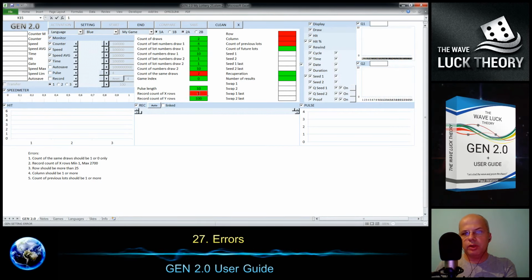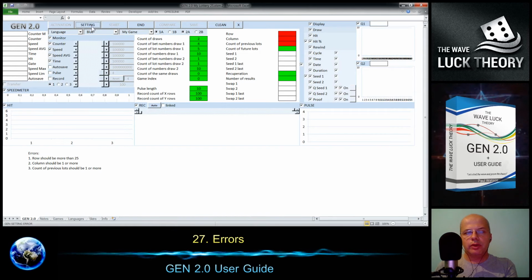So let's make it correct. Let's put 0. Just by trying this, we are getting into the correct settings. So we have just 3 errors right here.